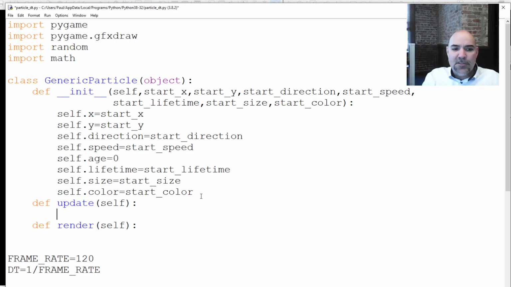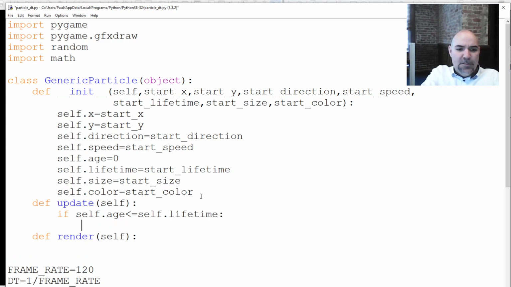So what I'm going to do is say something like this: if self.age is less than or equal to self.lifetime,